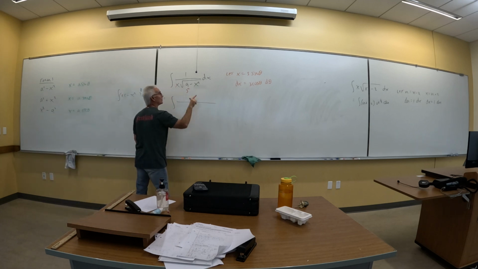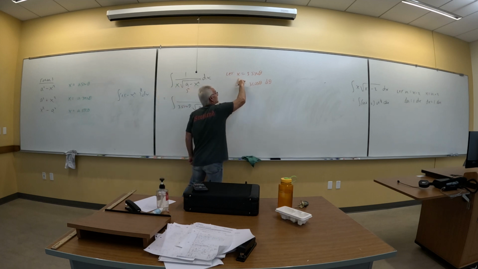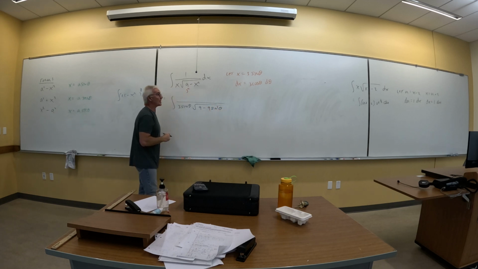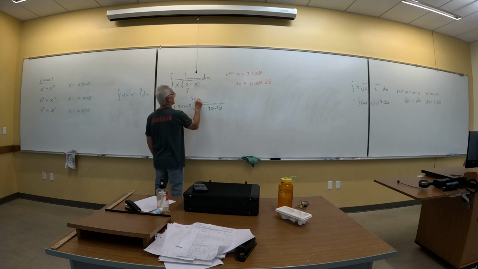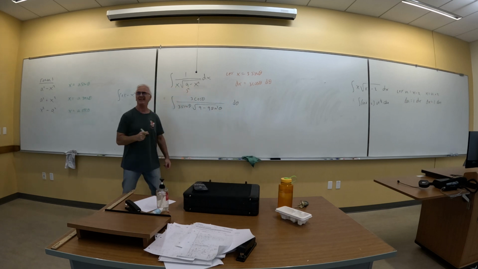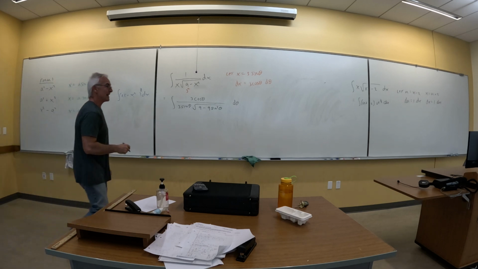So my denominator will look like this. 3 sine theta, square root of what? 9 minus, what's the square of this? 9 sine squared theta. Which I actually like. Now what about the dx? Well, that's going to be 3 cos theta, and my new instruction is d theta. D theta does not go in the quotient. If somebody ever showed you to put your instruction in the quotient, then you made it an algebraic quantity. And by the way, if you can do that,